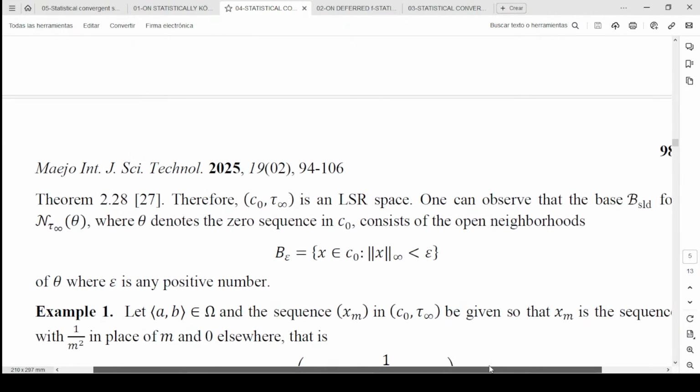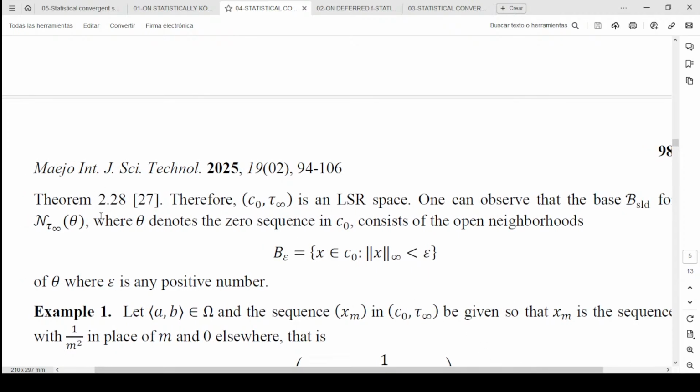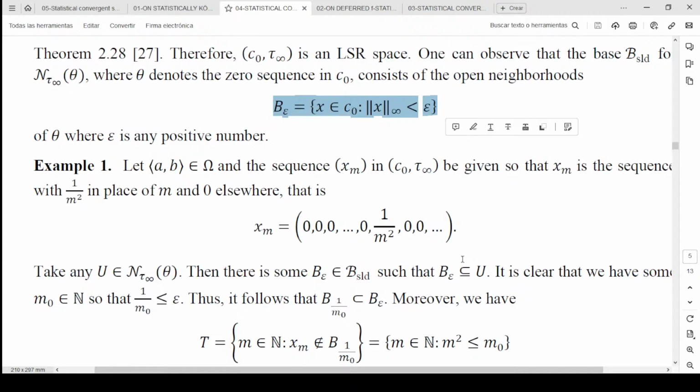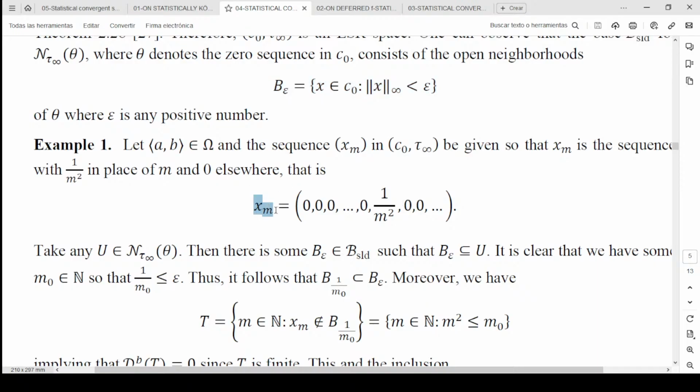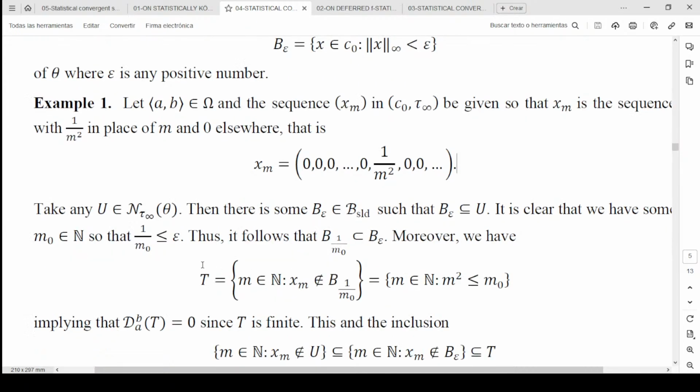So we can observe that the solid base of zero consists of the open neighborhoods which are given in that way. So if we define a sequence of sequences in c naught by this definition, x_m is defined in that way, and take any neighborhood from the class of neighborhoods of zero, then we see that we have this equality